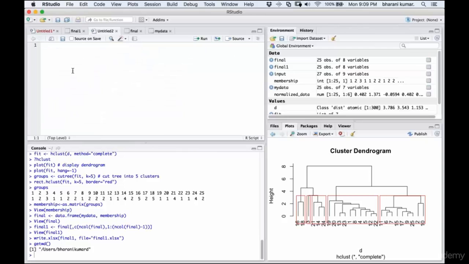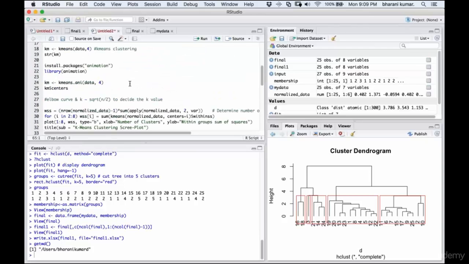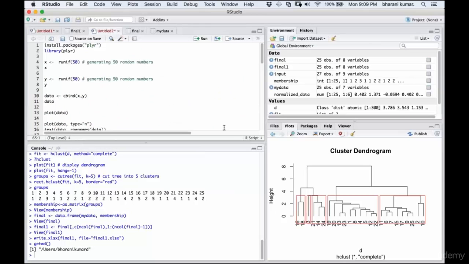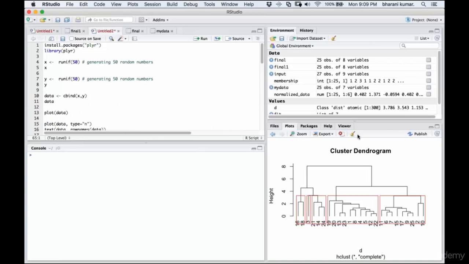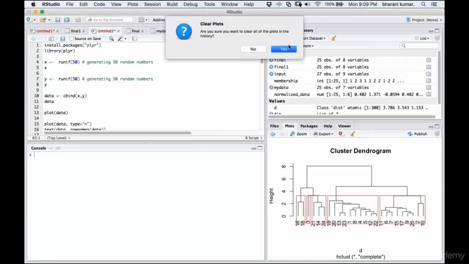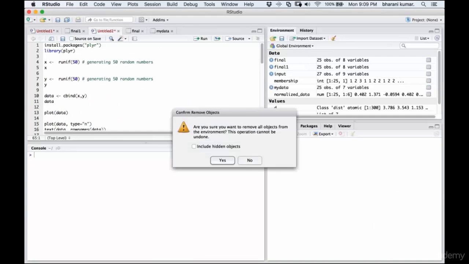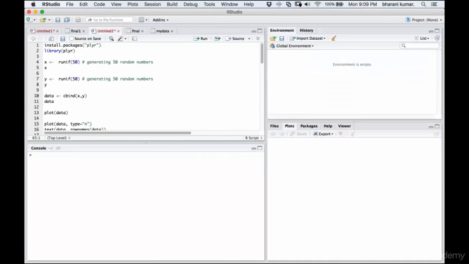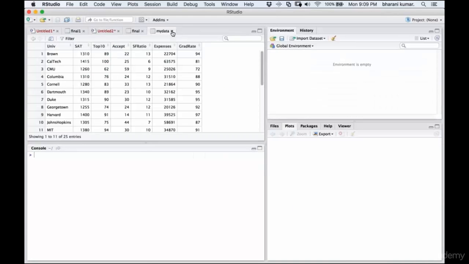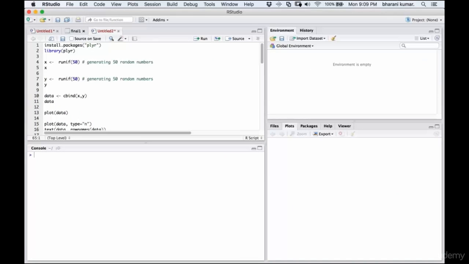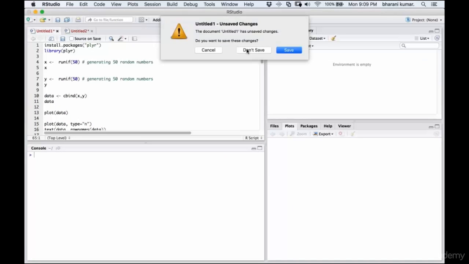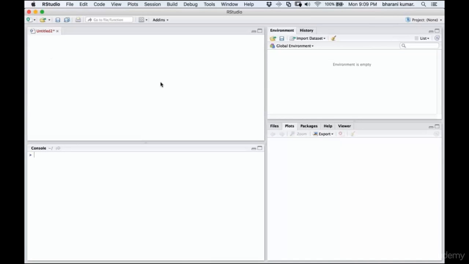So I have this k-means clustering code which is written here, and we're going to understand k-means clustering using this example. Let me do a Control L to clear the console. I'm going to use a broomstick to get rid of all these. We'll do it afresh. Let me close everything here. I just want k-means clustering so that there is no disturbance. Alright. Now,